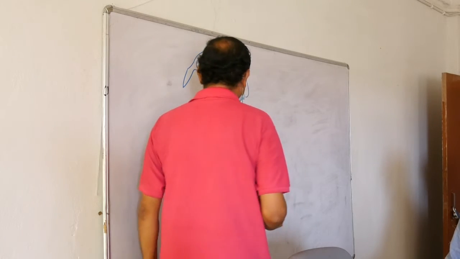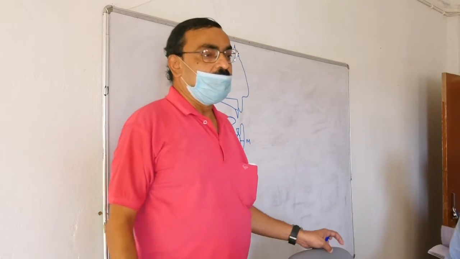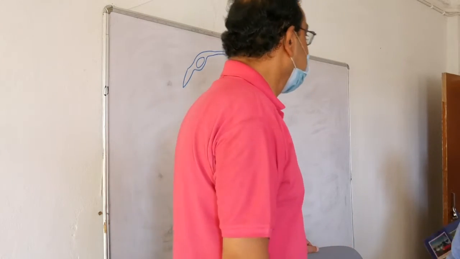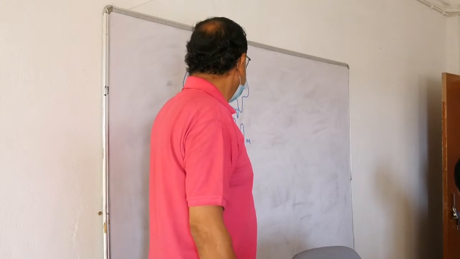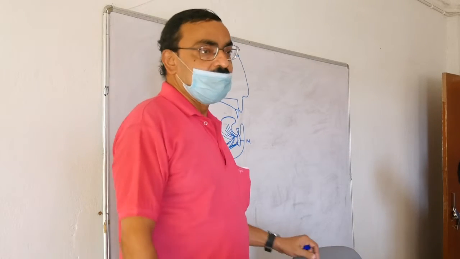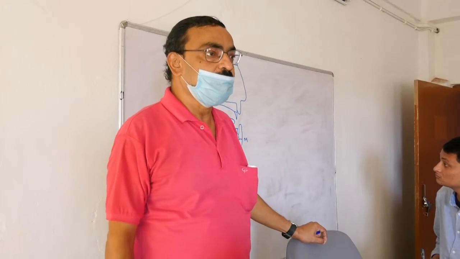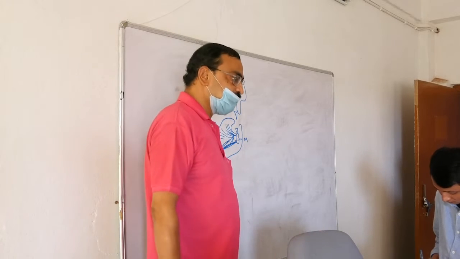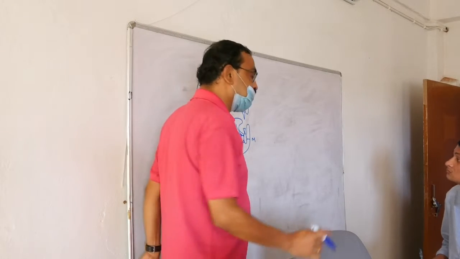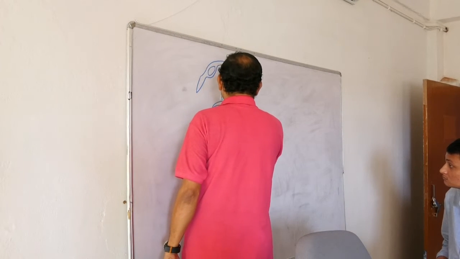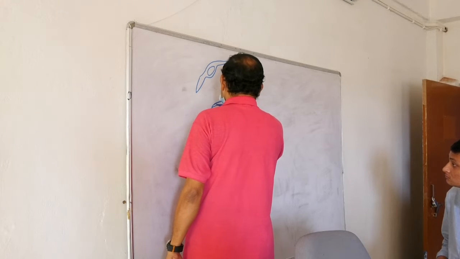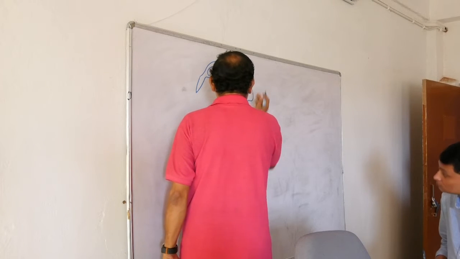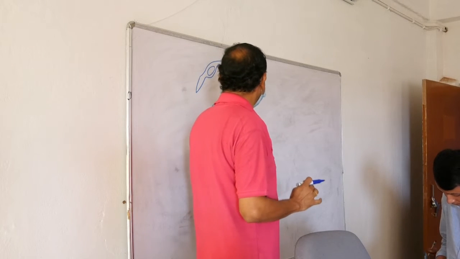So actually I want to impress that there is a division, which is divided by a palate, the hard palate. Okay, this is the hard palate, and the posterior one is considered as the soft palate, which divides